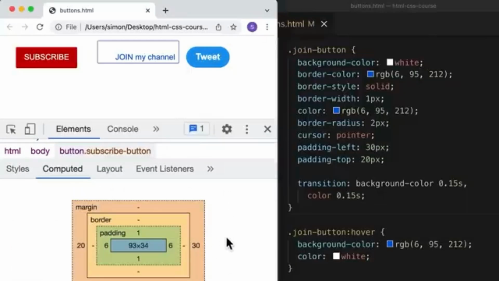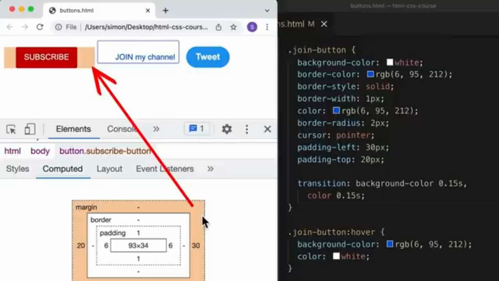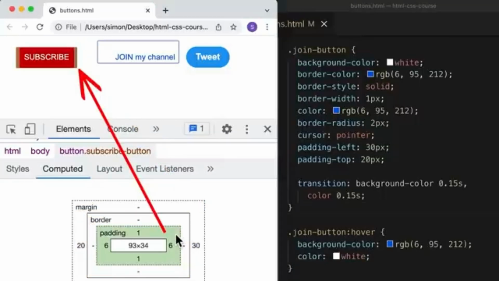So this section is basically the box model. We have our margin, which is the space on the outside of the element. You can see that highlighted in orange. We have the border, which we learned earlier, and we have the padding, which is the space on the inside of the element, which you can see highlighted in green. Buttons by default have a padding of 6 pixels on the left and right, and 1 pixel on top and